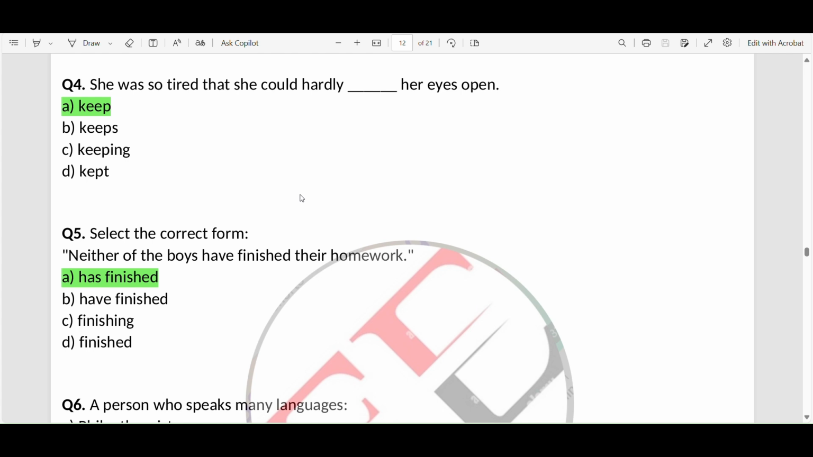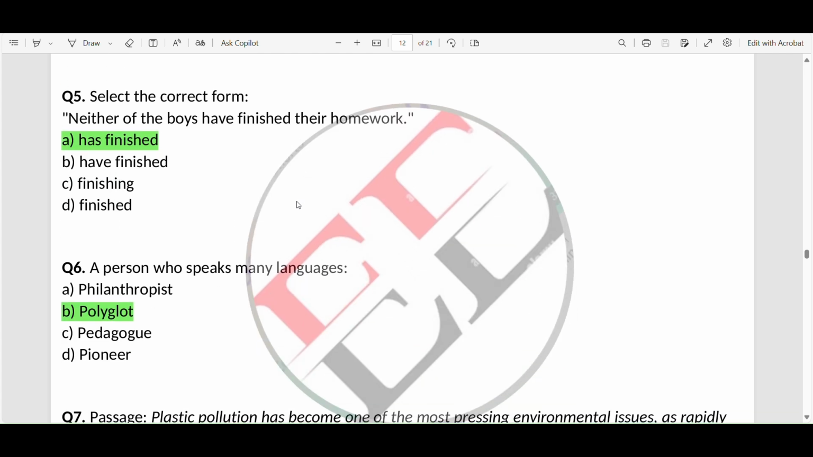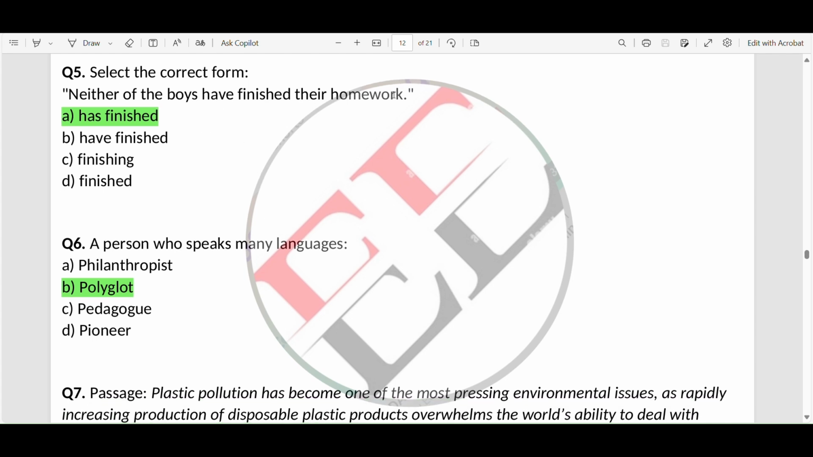Going to the next question, we have to select the correct form. Neither of the boys have finished their homeworks. What is the error and what is the correct form? They are asking. When you see this sentence, have is used for plural forms. Here when you see boys, you may think it is plural and it would be correct,